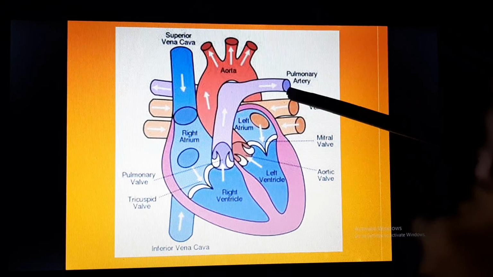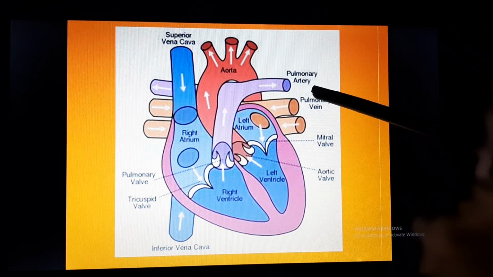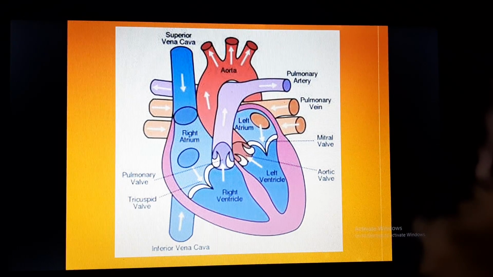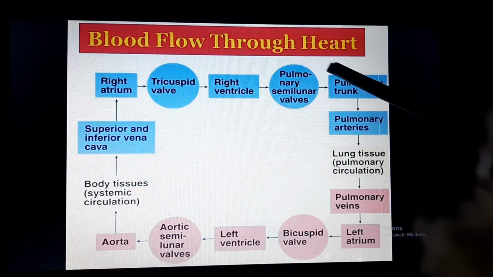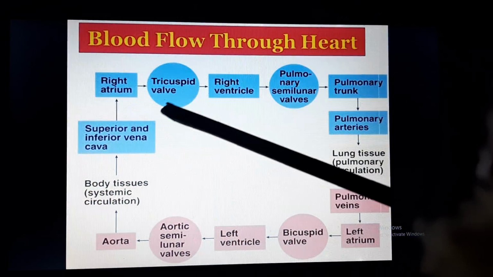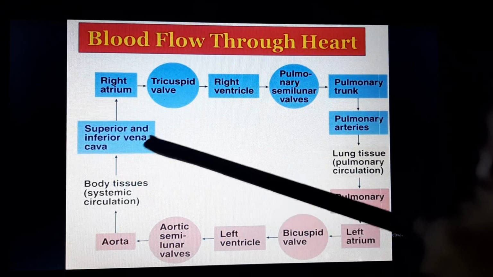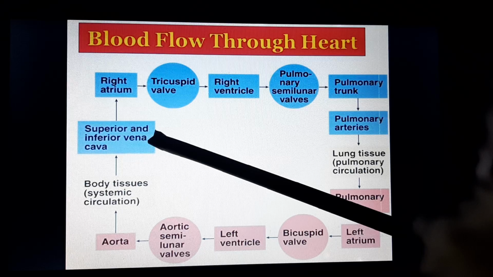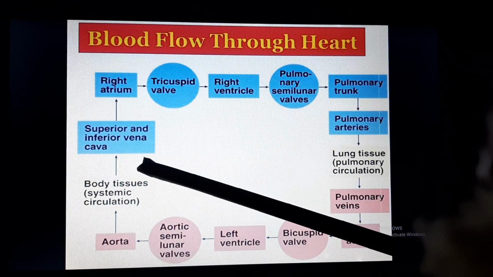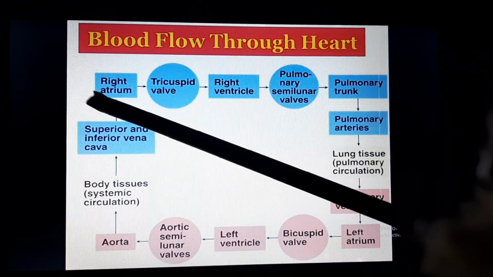So this is the exception of arteries and veins. Let's see the blood flow through the heart. So from here you can see that from systemic circulation, superior and inferior vena cava brings blood to right